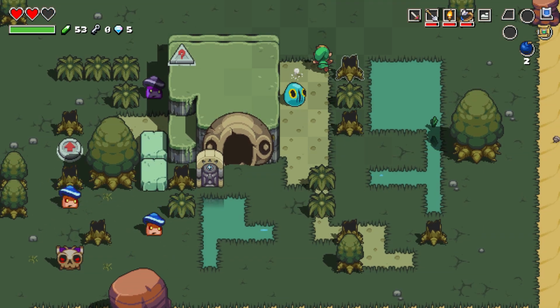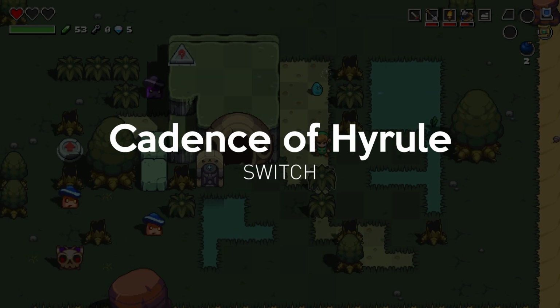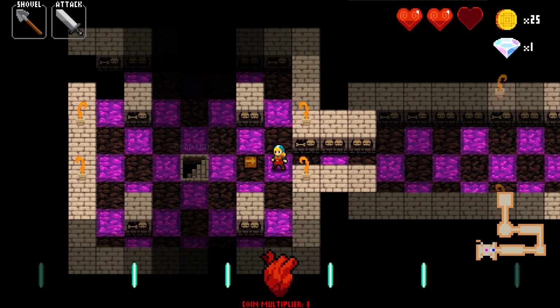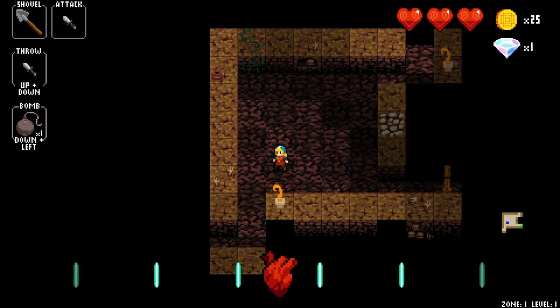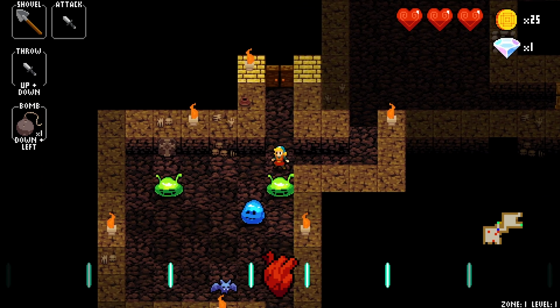Let's kick things off with this. So, Cadence of Hyrule is an interesting game. It starts with Crypt of the Necrodancer, which is a rhythm-based roguelike. In that game, you must move to the beat of the music. It's all about remembering the enemy's dance patterns and then outsmarting them by avoiding their swipes and lunging in for